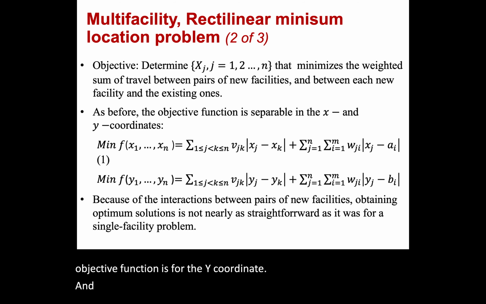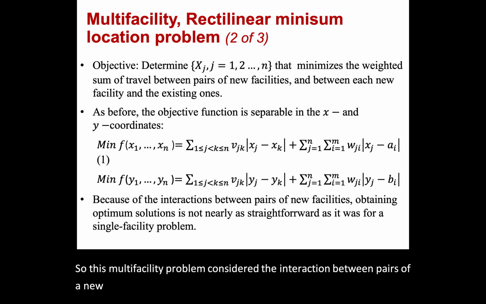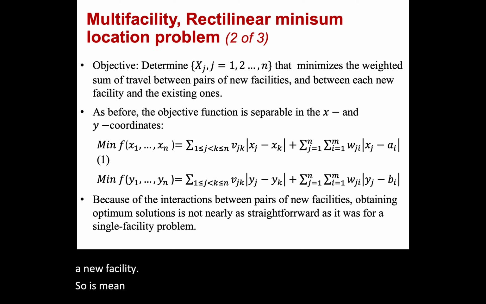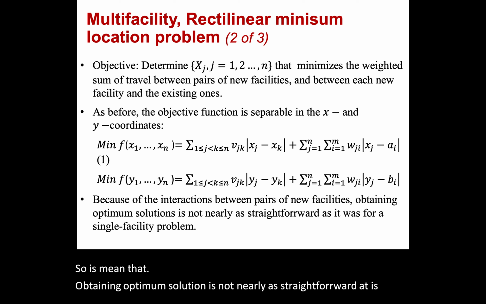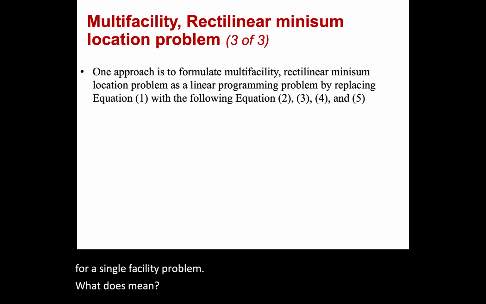And as you can see, in contrast to the single facility problem, this multi-facility problem considers the interaction between pairs of new facilities. So it means that obtaining the optimal solution is not nearly as straightforward as it was for the single facility problem. What does it mean? It means that we need to find another approach